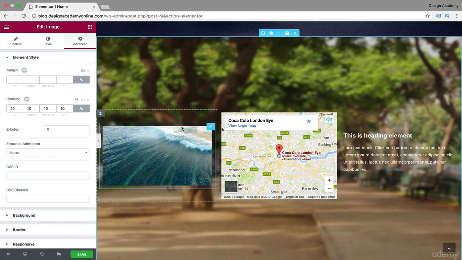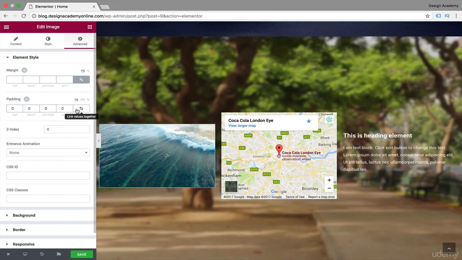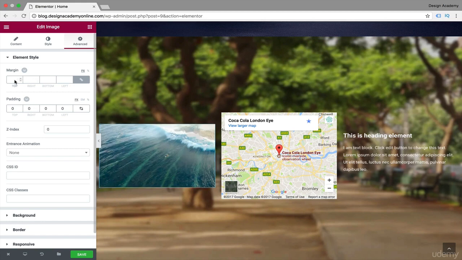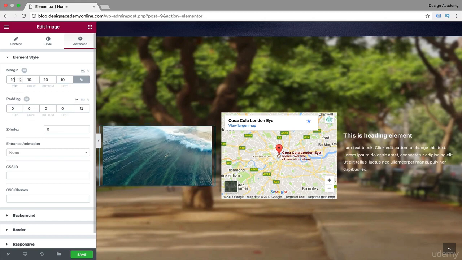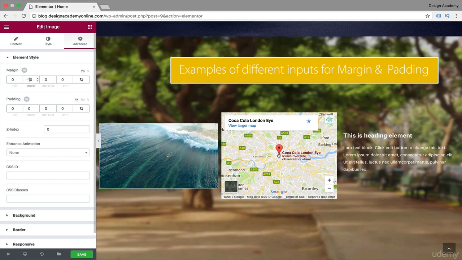As you can see, we got 10 pixels inside. We can go and unlink that, make that 0 if we would like, and unlink that, and maybe just 10 from the top or even from the right. And then we have the margin, as you can see, 10 or even 100 if we would like, or even unlink that and add -1, -10 or -100